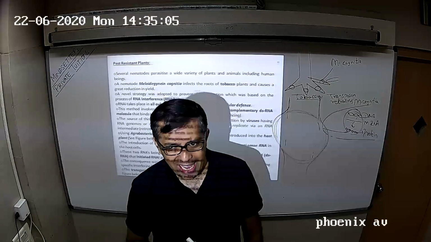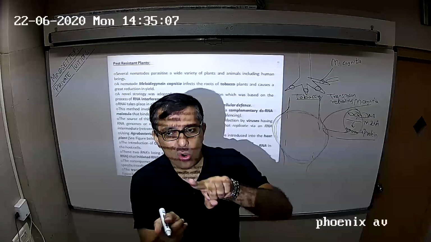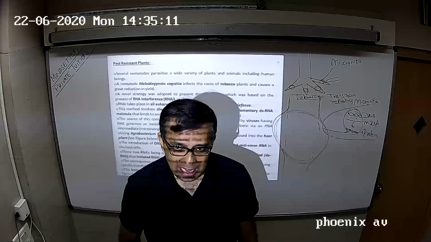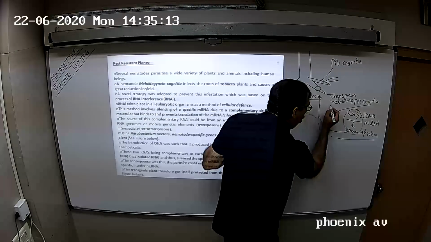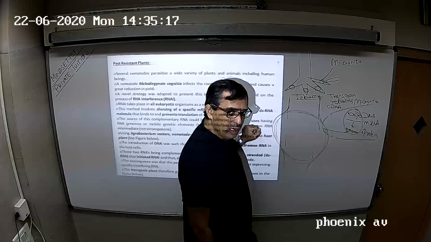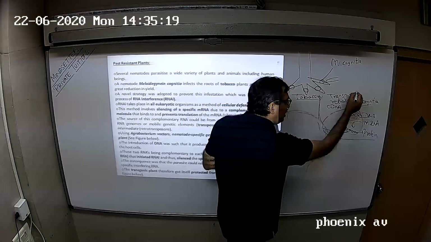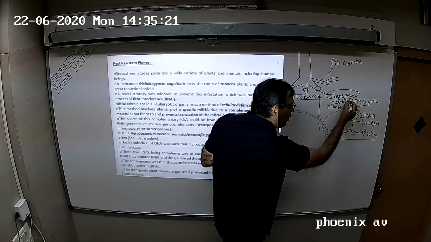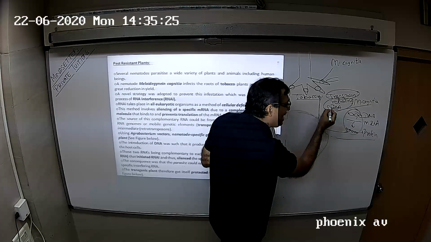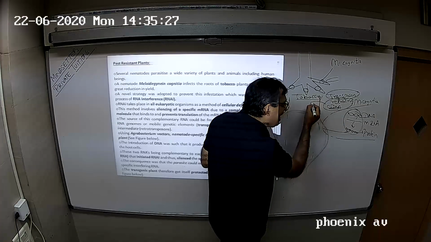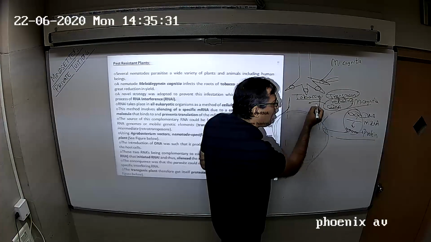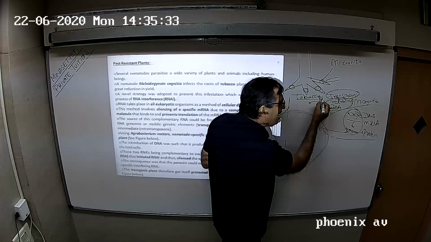And we did this today: RNAs undergo reverse transcription to produce DNA, and that DNA is called cDNA, complementary DNA. So we use either transposons or retroviruses to produce complementary DNA, and that DNA is introduced into the tobacco plant by genetic engineers